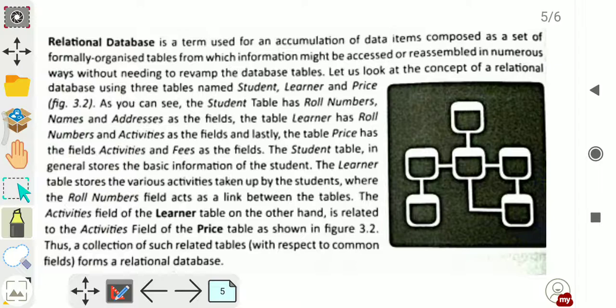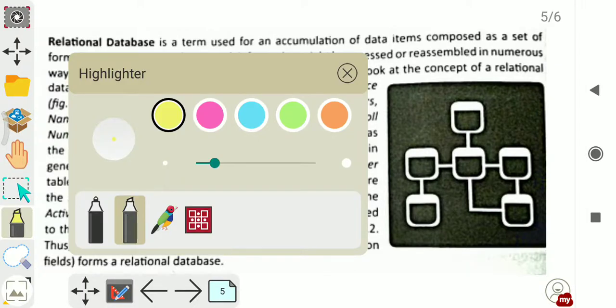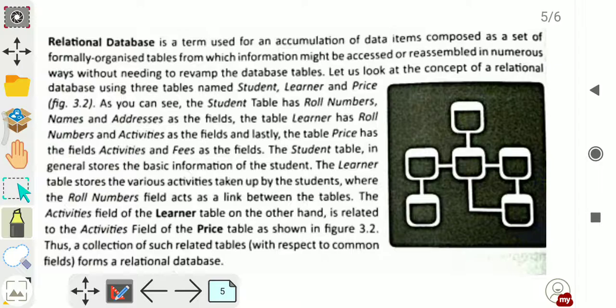So let us see what has been written in the book. A relational database is a term used for an accumulation of data items composed of a set of formally organized tables from which information might be accessed or reassembled in numerous ways without needing to revamp the database tables.